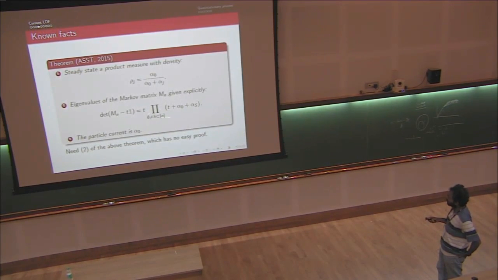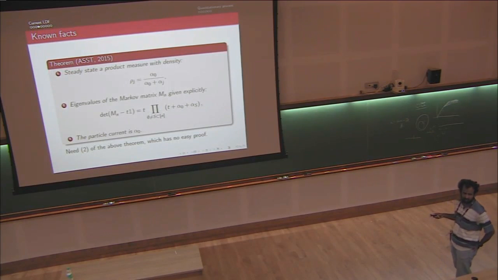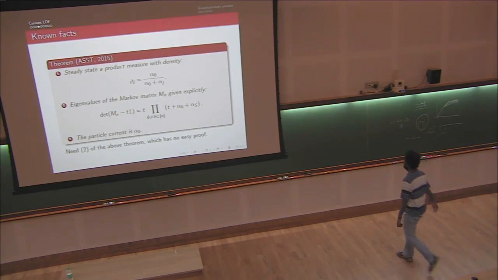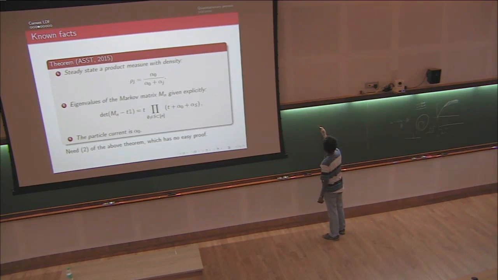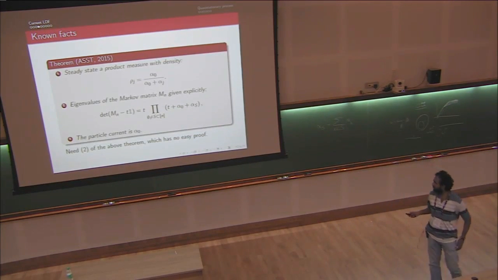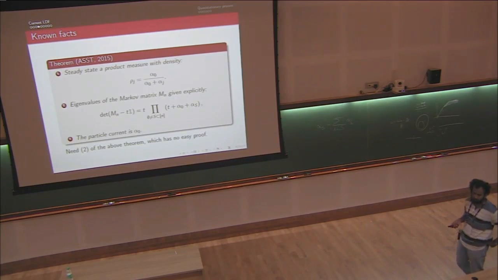But there's also, all the other eigenvalues are in fact linear in the alpha j's. So for each subset of the set 1 through n, you have an eigenvalue which is minus alpha 0 minus alpha S, where alpha S is the sum over all i in S of alpha i. Okay, so for each subset you have an eigenvalue.